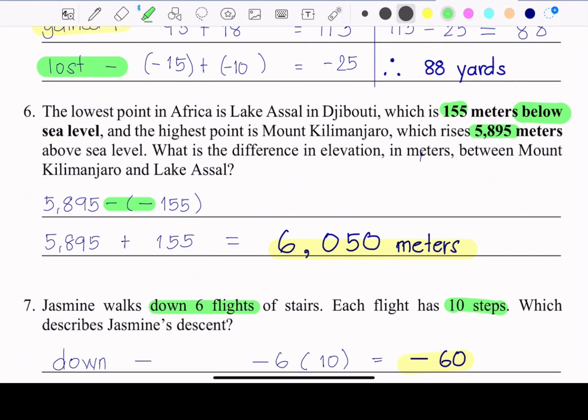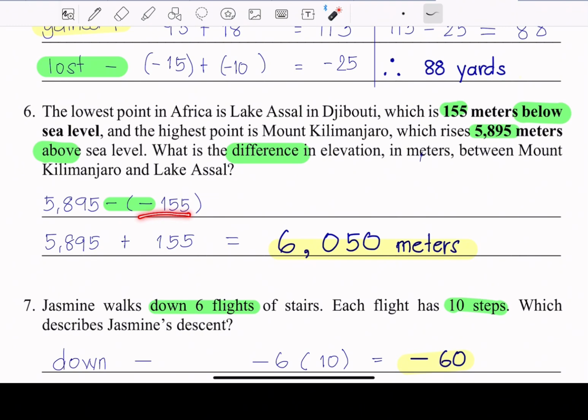Above is positive. So then we need to find the difference, meaning we have to subtract between Mount Kilimanjaro and Lake Assal. So we have 5,895 minus